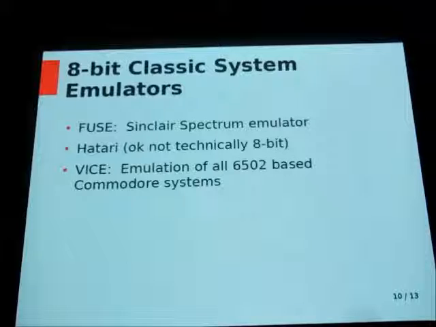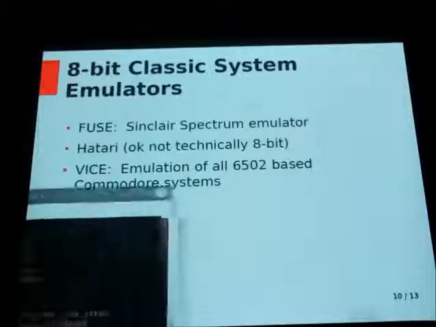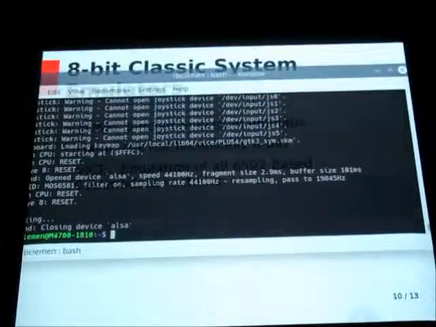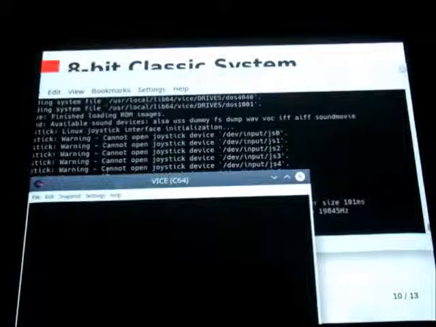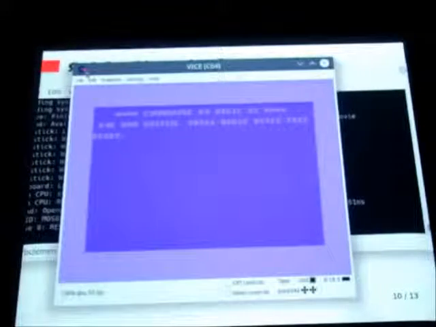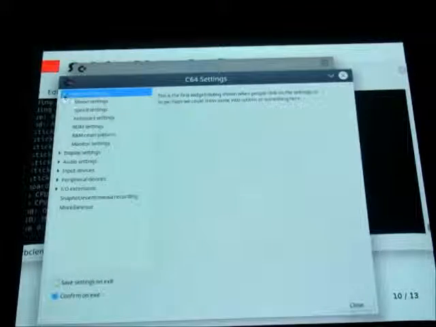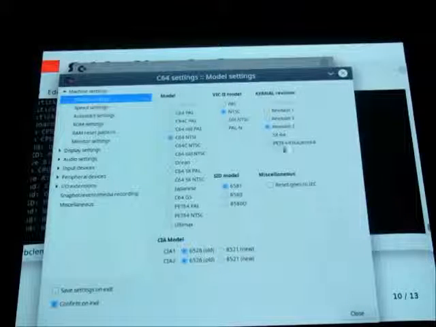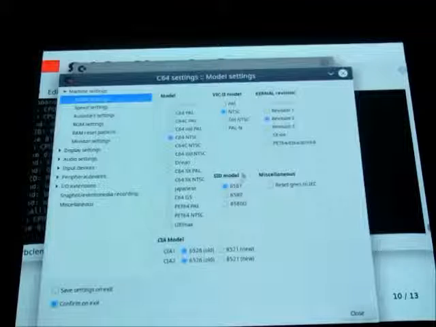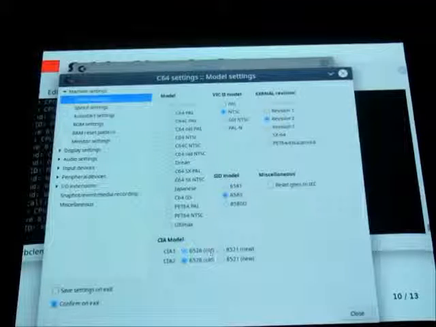All right, now something that's a little bit larger of a project. VICE, x64, Commodore 64. You go to settings here. If you have a 64 NTSC revision 2 with the fancy SID model,